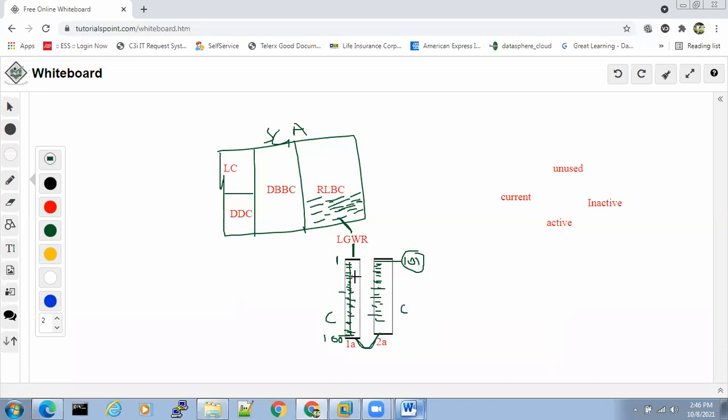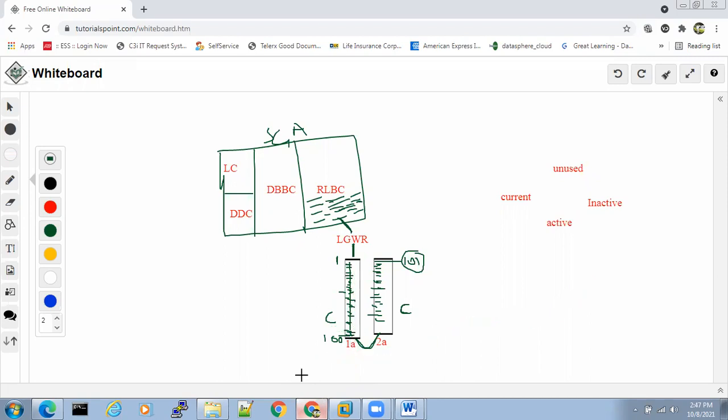Then what will be the status of redo 1A when redo 2A is current? Active. Exactly. What do you mean by active? Archiver is writing this into archive. When archive is taking the entire contents and writing into the archive, then only it will be active. Once the archive is generated, this will become inactive. Whatever data is backed up and completed, it will become inactive. Understand the status, everyone?